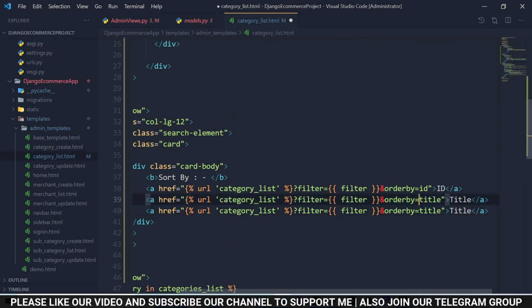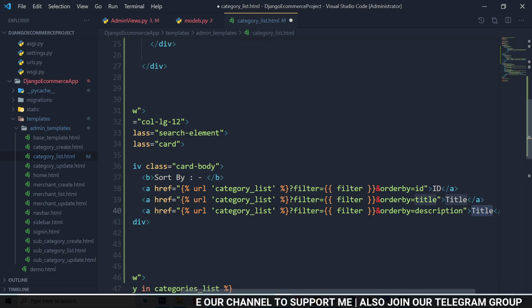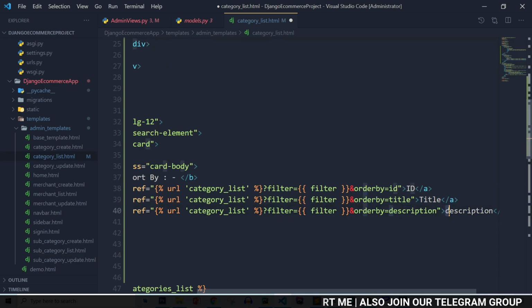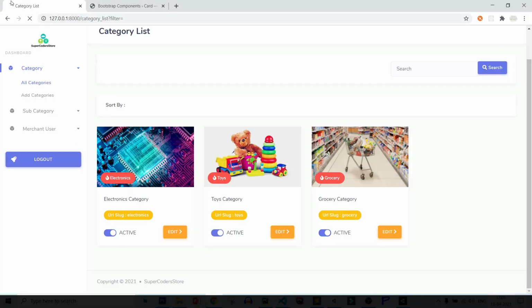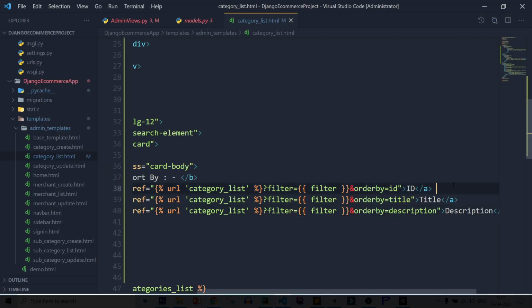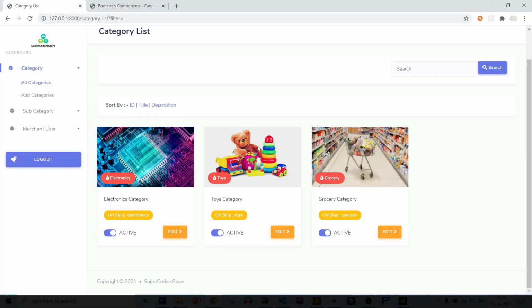So description, save it, back to Chrome, refresh page, and you can see it is showing sort by ID, title, description. Let's add some gapping, save it, refresh page. You can see ID, title, description.